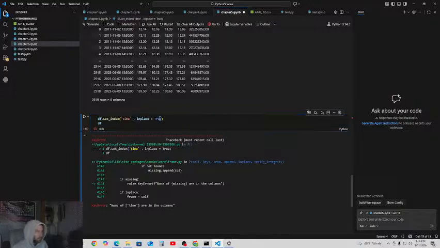So from doing this, what have we actually achieved? Well, we'll see that later in this course, but it will get quite handy to do some plotting with this, where the plot will directly understand